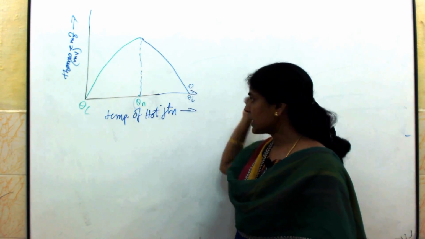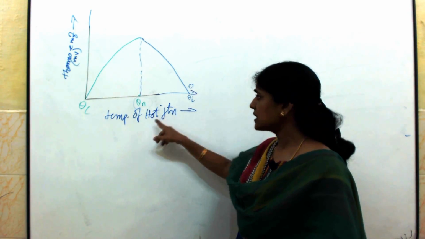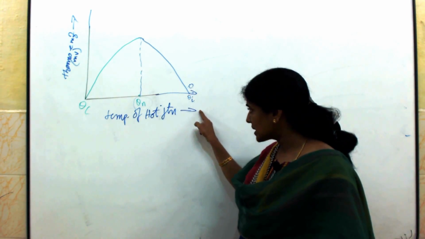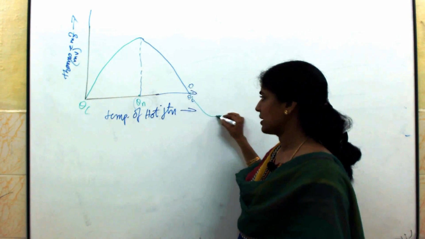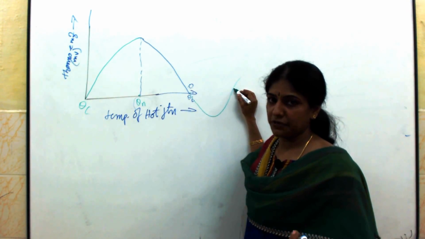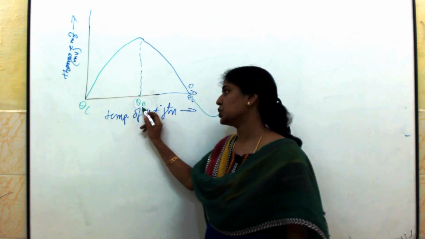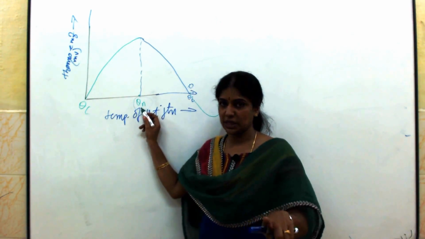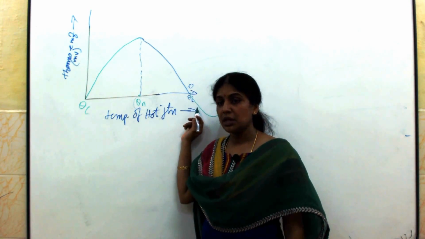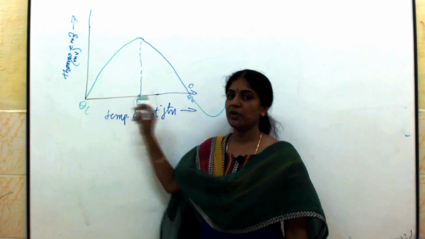After this, if you increase the temperature of the hot junction, now the thermo EMF value becomes 0. What happens after this? If you increase the temperature of the hot junction, the EMF increases in the opposite direction. Clear? Again it becomes 0 at a particular temperature. That we call the temperature of inversion. Clear? Now you have to remember, for a given thermocouple, this theta n, the neutral temperature, will be the same, but this theta I, the temperature of inversion, will be changing. It depends upon the temperature of the cold junction. So these two values you should remember.